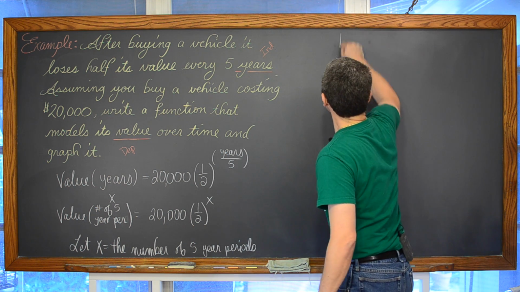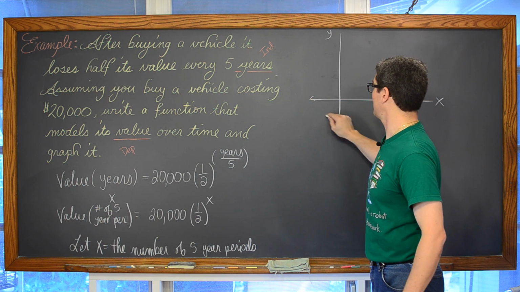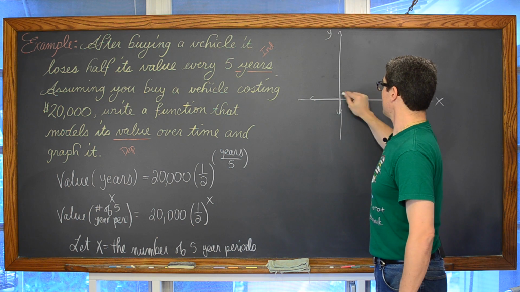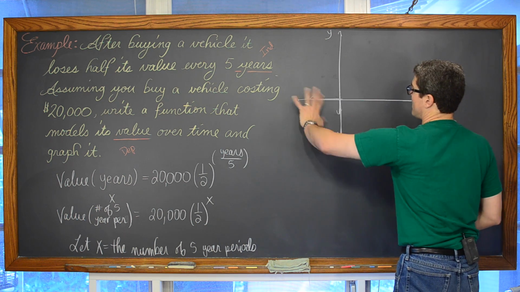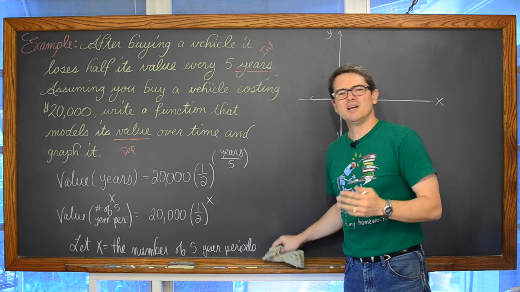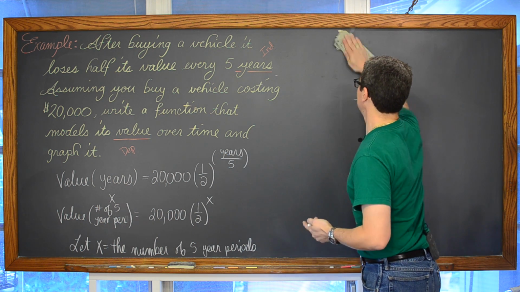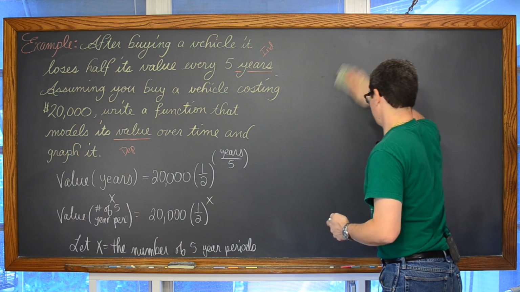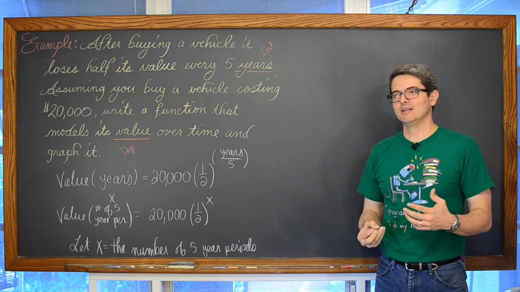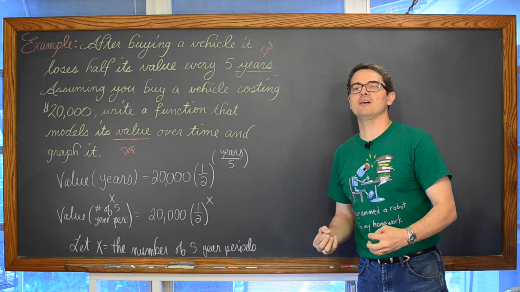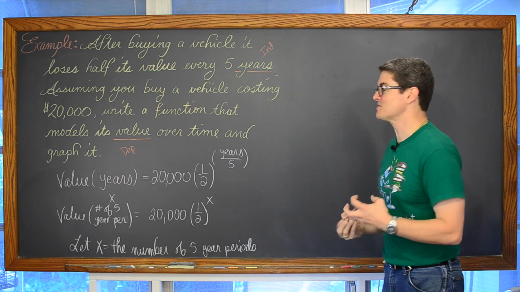So we draw an xy axis. Okay, well, that's all great if we don't have a word problem and we don't have any kind of real context, and I'd want to draw those xy axes kind of big and talk about quadrant 1, quadrant 2, quadrant 3, quadrant 4, and the possibility of having negative x and y values. But this is a word problem, and it's not possible to own a vehicle a negative number of years, and it's not possible for the value of the vehicle to be negative. Now, if you buy a new vehicle and it loses value faster than you're paying off the loan, you might owe more than the car's worth, but the car's value is still positive.